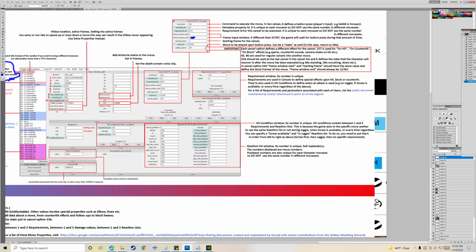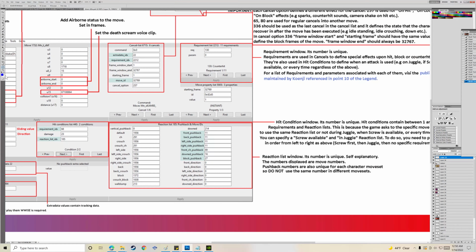And right here, move ID: the move to be played upon press. In this case, it's return to idle. If you see this 32767 number, that means just idle stance. But if this move ID was something else, then it would play the corresponding move, like over here. Like we put in,